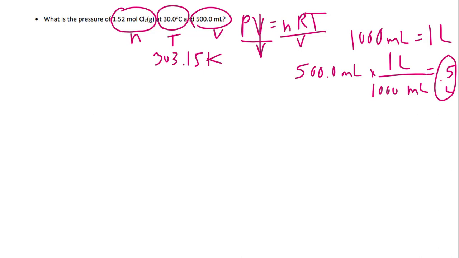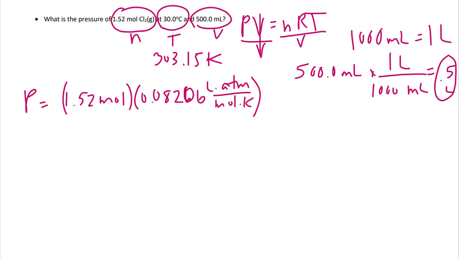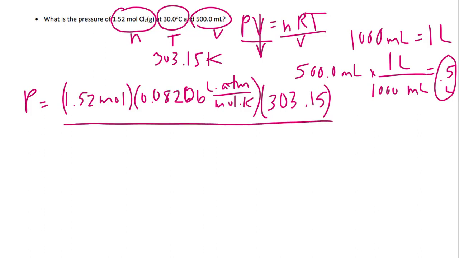So I've got pressure is equal to my moles, which is 1.52 moles. My R and my temperature, 303.15, all divided by a half of a liter. And when we do my math, I should get,